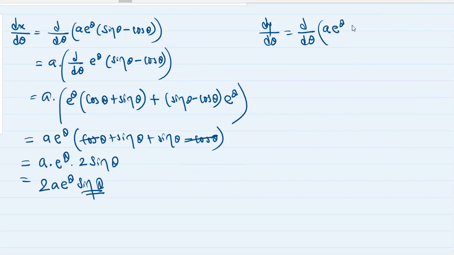a e raised to theta, the value of y is a e raised to theta bracket sine theta plus cos theta. Same way,